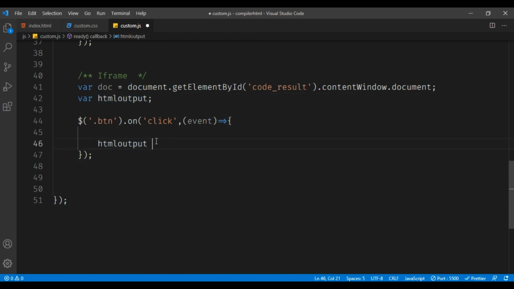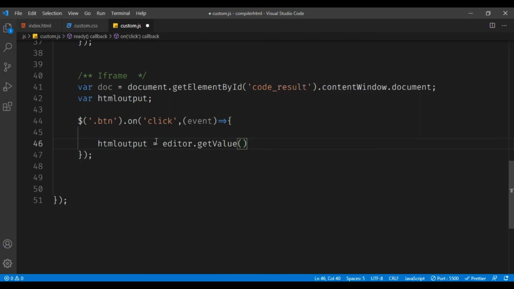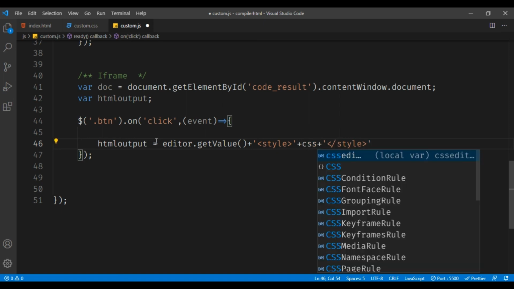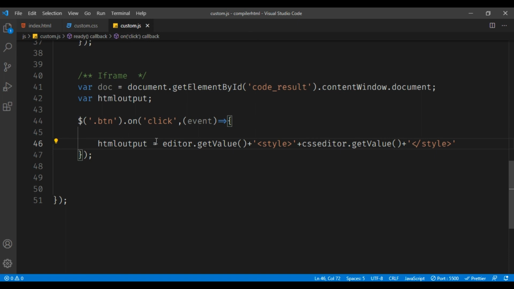Remember this, the HTML output here equals to the editor dot get value plus I am appending style with plus plus slash of style. This will be CSS editor dot get value.